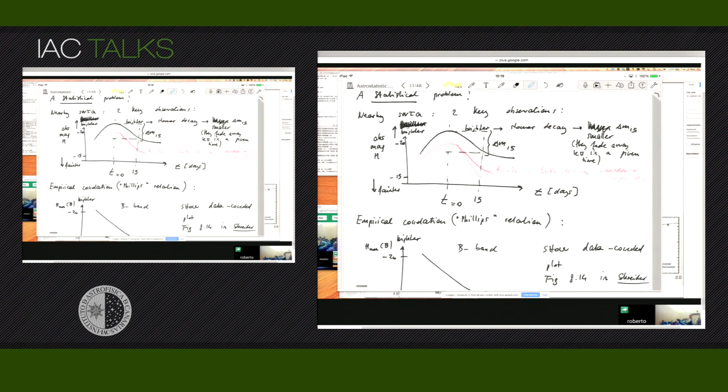So here's how it works. I just told you in the sketch, brighter are slower decaying. And by slower decaying, one of the parameters that's used to parameterize this decay is this delta M15 quantity. It is the magnitude by which they faded away 15 days after B band max. So brighter means slower decay. If delta M15 is smaller, it's because they fade away less in a given time, in 15 days. And vice versa,